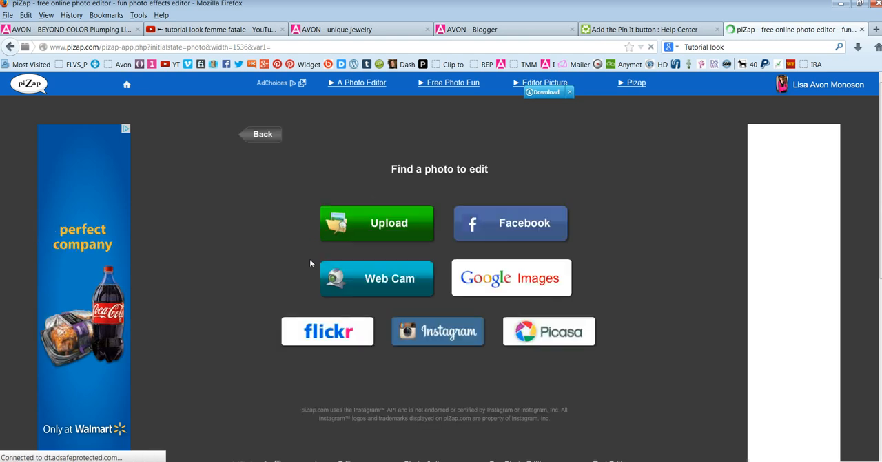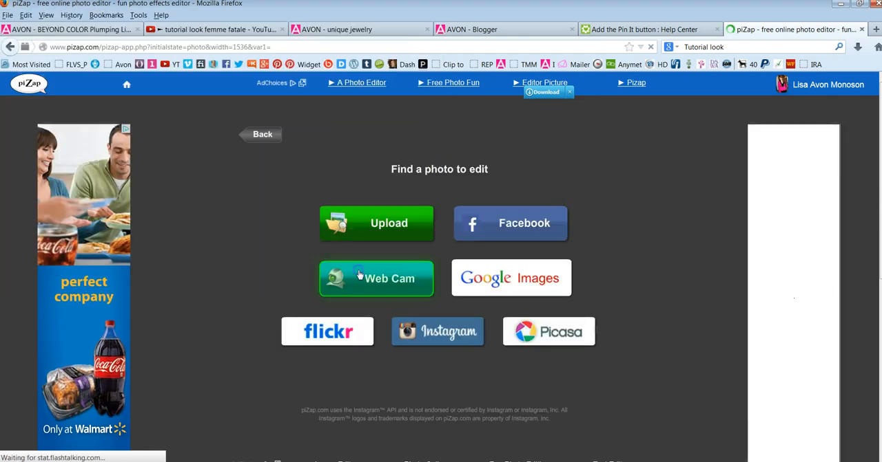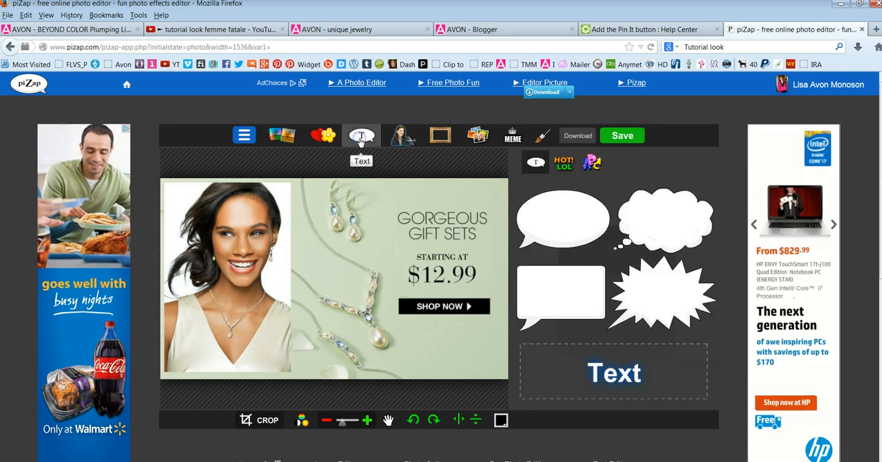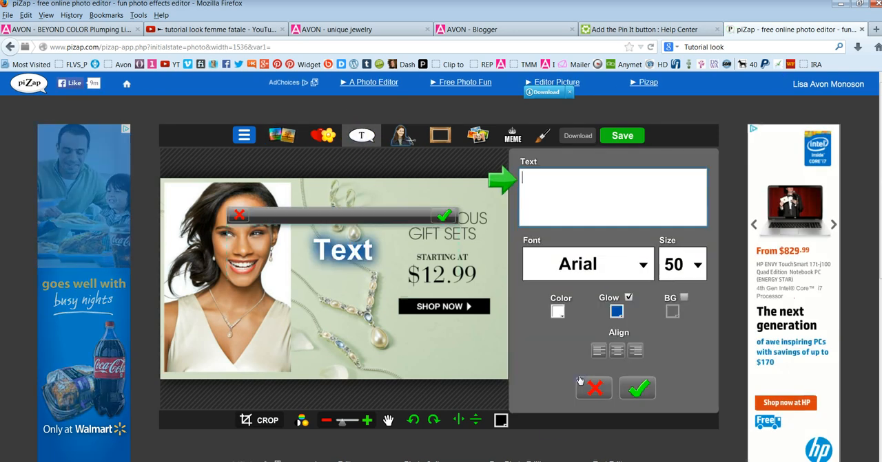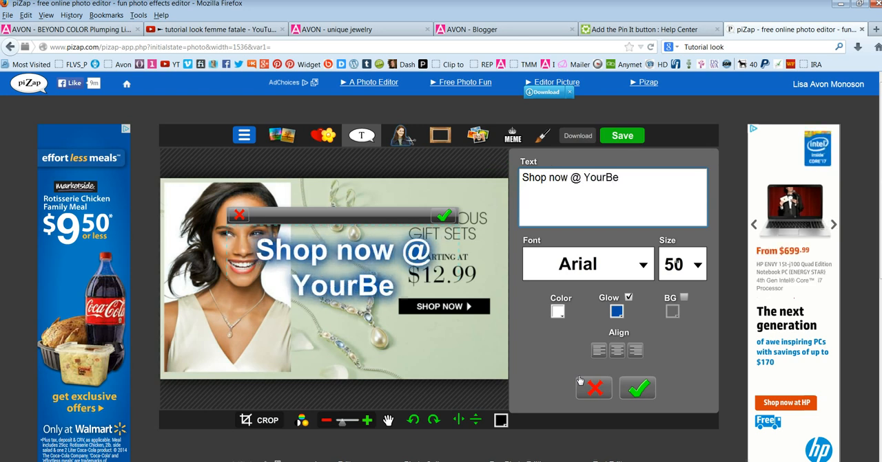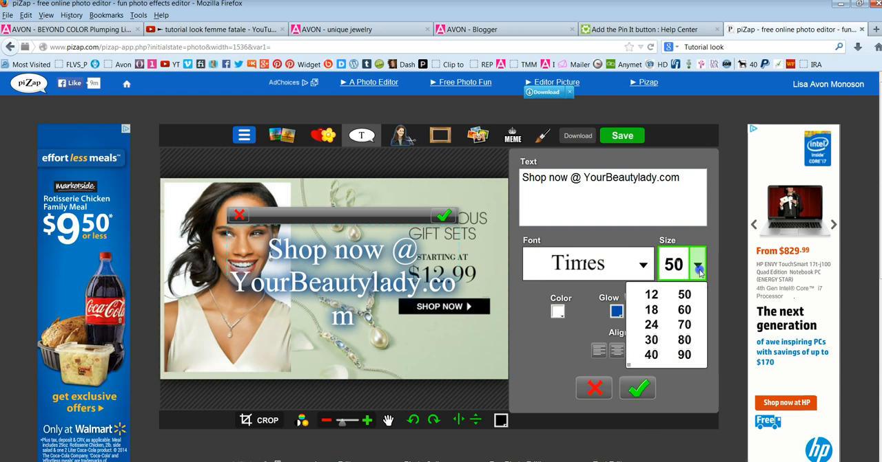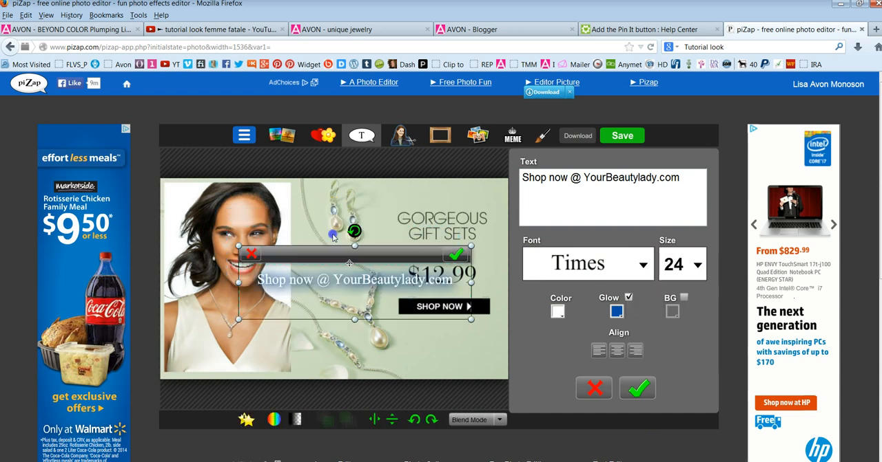You will want to just choose regular photo. This is not a collage, so upload. Click the picture, open. Look how quick this can be. Text it on in. Shop now at yourbeautylady.com. Okay, and we want to go ahead and, of course, make this smaller, make it readable, put it down